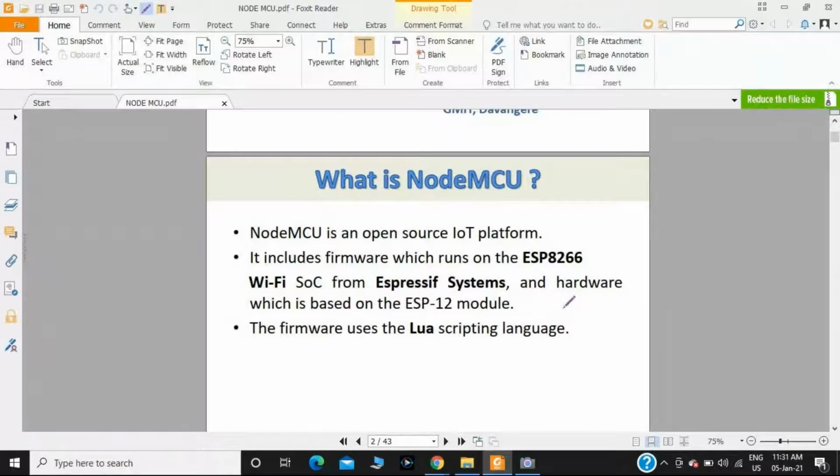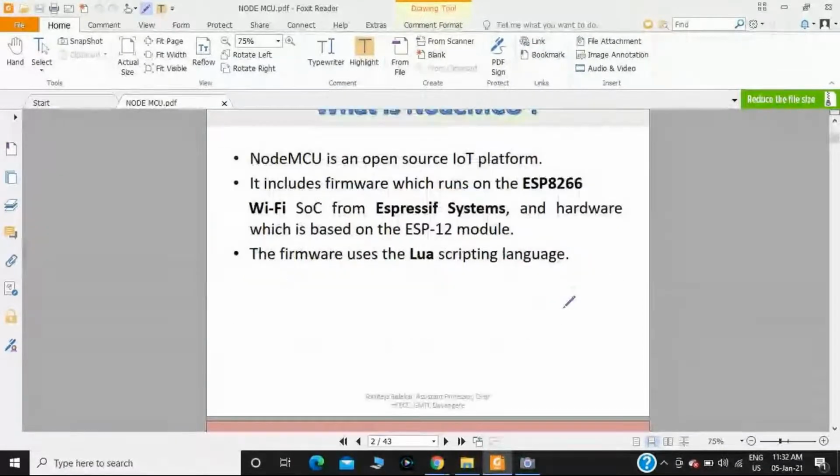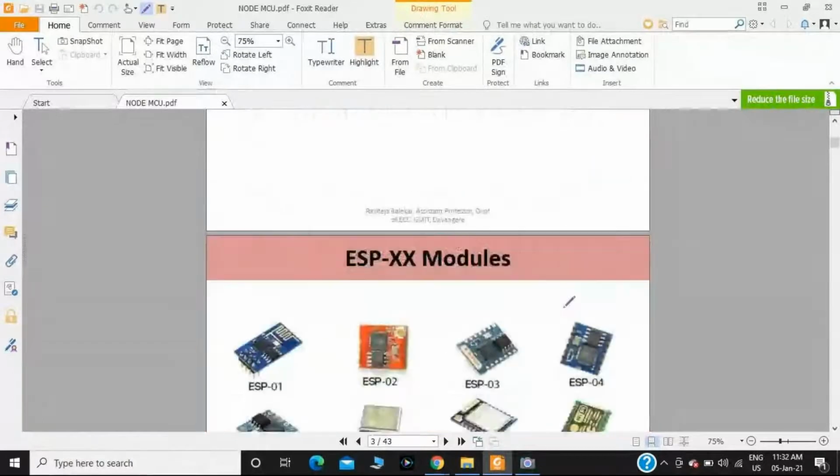One of the best examples related to the Lua scripting language is that earlier they introduced the Angry Birds game with the help of the Lua scripting language.